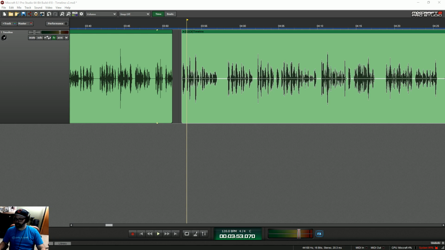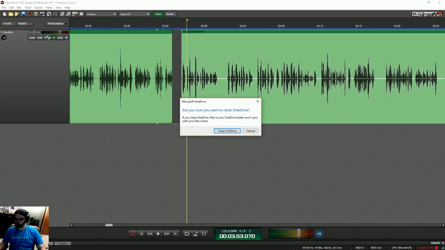Looks like I've got high CPU usage here. You can see the CPU down here, so I'm going to try to kill some stuff in the background over here on my other monitor. So hopefully it doesn't affect the stream.